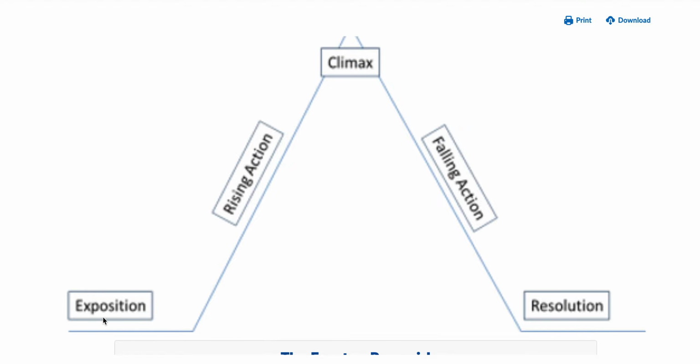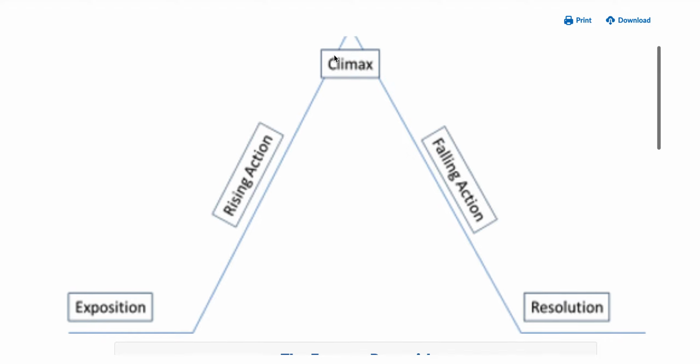So, for example, let's go back to the tortoise and the hare. The exposition is that we learn that the hare is quite impatient and quick, whereas the tortoise is slow and steady, right? And so that's the exposition. Now we're going to go into the rising action. So the tortoise and the hare engage in a race, and they're trying to figure out who the winner is. And of course, the hare goes quick, quick, quick, whereas the tortoise is going slow and slow and slow until we build into the climax.